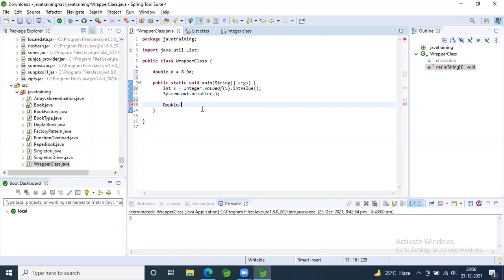Now in your 13th line, Janaki, you just give Double, capital Double, don't remove the dot operator, and just create a reference equal to assign your reference D. And semicolon. Oh, no, D. You want D. Line number 7, you have D, right? Just assign it. So what are we doing here? What is the error you have there? Okay, you have to make it static, or you bring that within your class, within your main method. Yeah, cut and bring it within your main method.